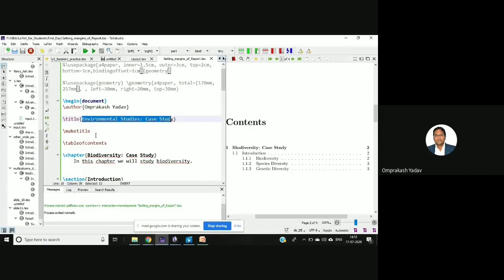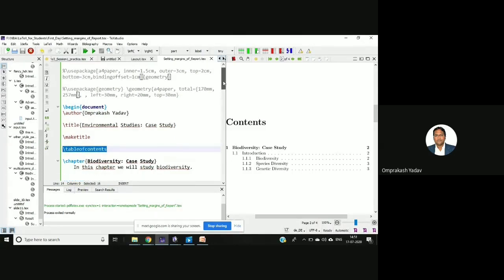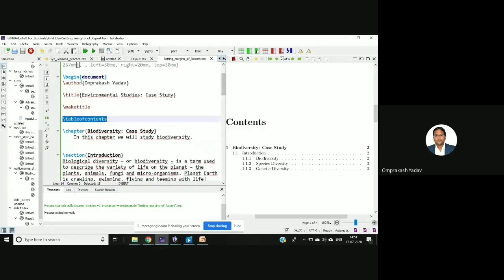This I am getting because I've written this command \tableofcontents. By author we will get the author name, by title we will get the title. If we mention \tableofcontents, it will automatically prepare the table of contents. Otherwise you will have to go to that particular page.